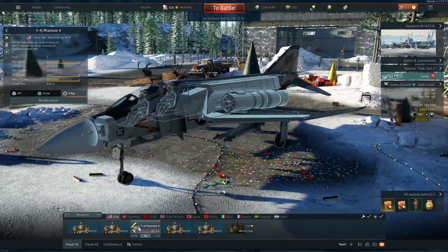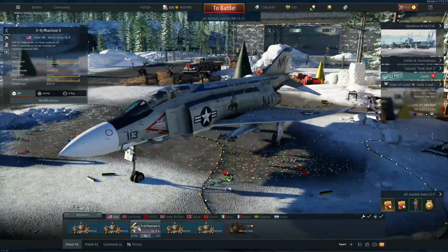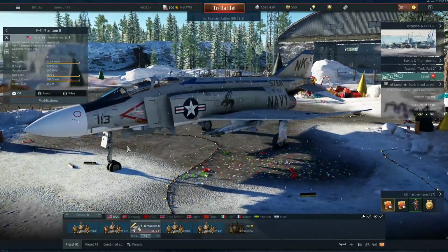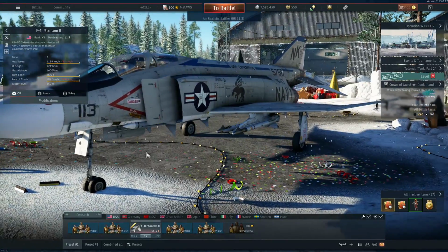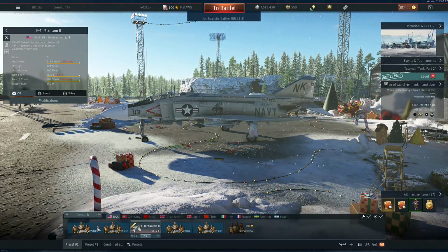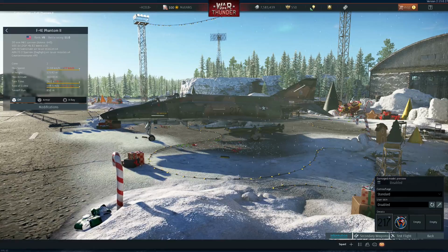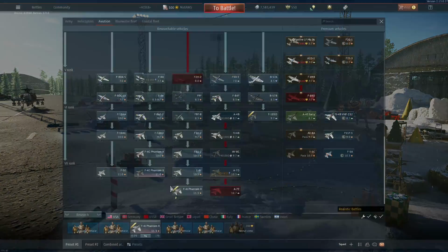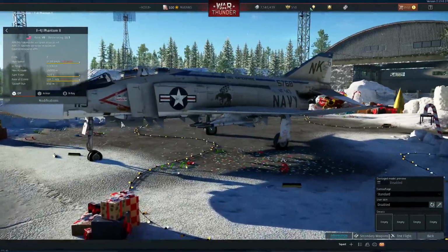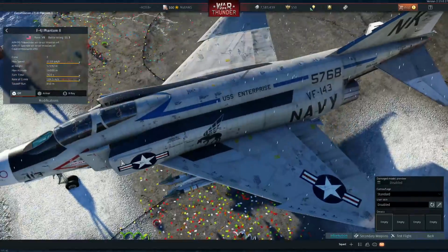But the main difference is that being a Navy fighter, being a Navy Phantom, they never liked having the internal gun in this aircraft. So it doesn't have the internal gun. As you see, the nose of the aircraft is much smaller than the F4E, much smaller. And that's because of the cannon that is not there. So this is one of the reasons that it's one of the lighter versions of the F4 if you're